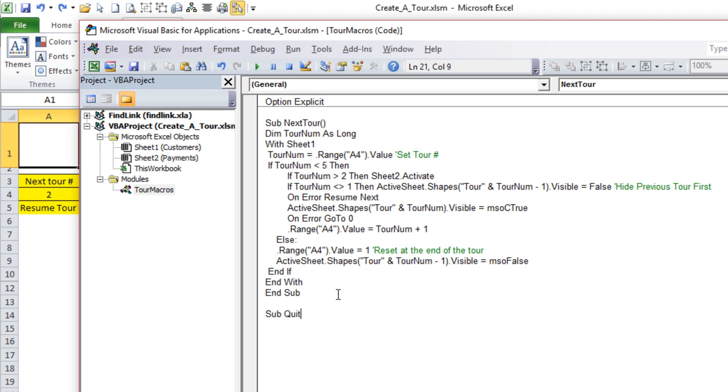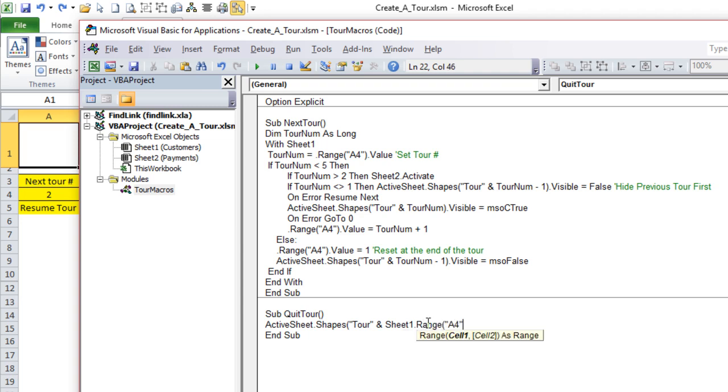Sub quit tour, okay. And then we'll just make this active sheet shapes, okay. We're going to do active shapes tour. And since we haven't defined tour number in this macro yet, let's just go ahead and write in sheet, because it takes more lines of code to define the sheet number, but we can get around that. In this case, it's only one line of code. So it's sheet1.range A4, okay, dot value -1 dot visible